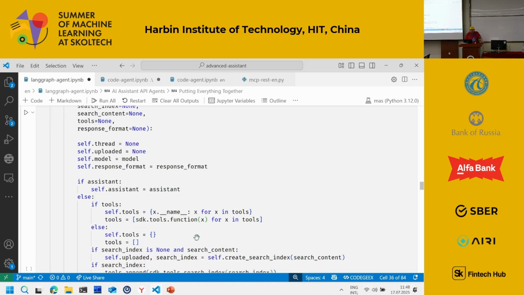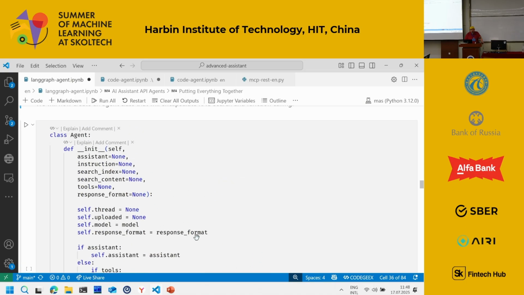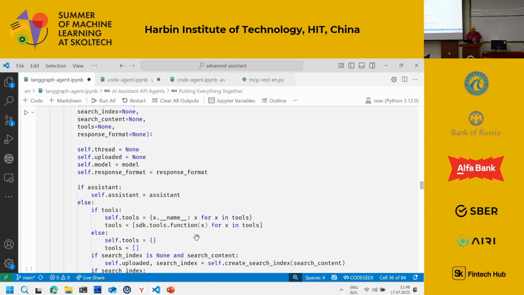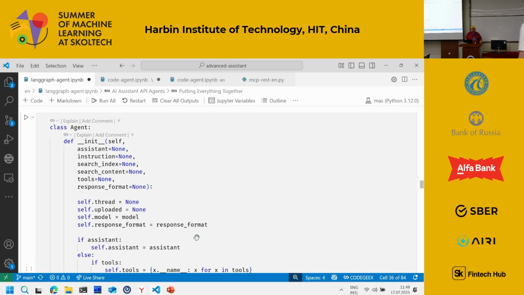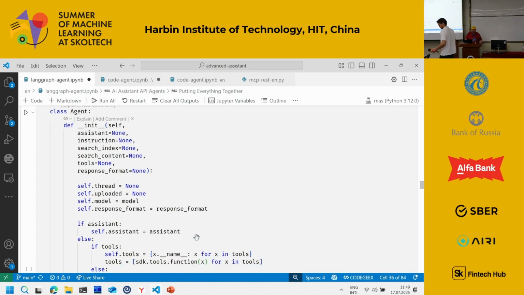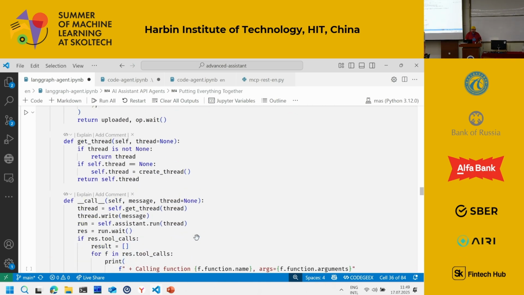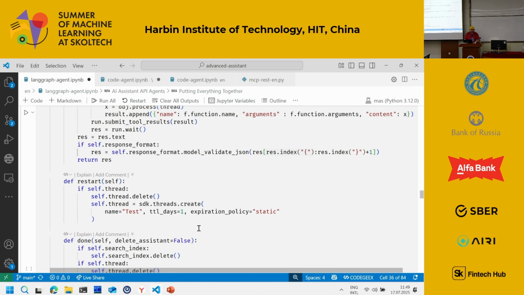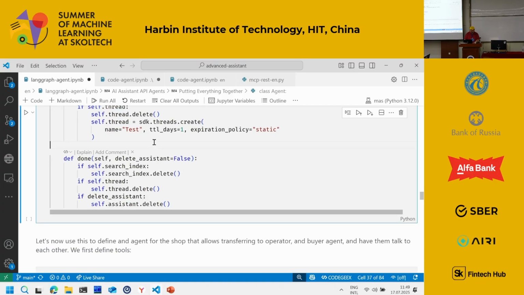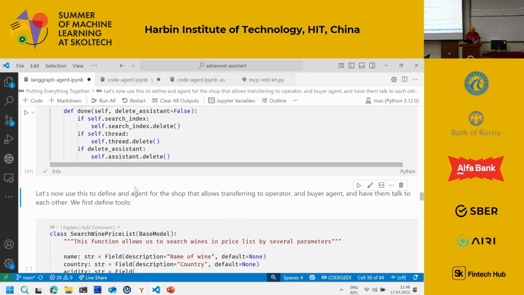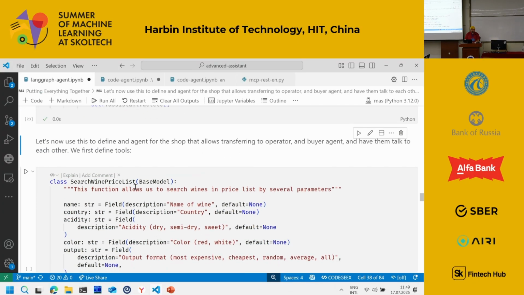Okay, so the title of the talk, by the way, is multi-agent systems. We should have time to get to them. Here, essentially, I put all the large pieces of code that I showed you previously into one big class, which allows me to create an assistant, or an agent, I would call it, and pass all the functions, all the documents, everything I want to this agent.